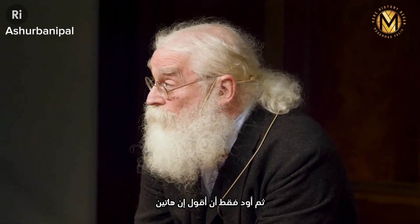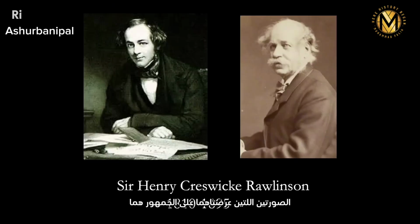I'd just like to say that these 2 photographs show Rawlinson as a fresh-faced young man with the transcription of the Behistunian inscription on the table in front of him, looking eagerly into the semi-future, knowing greatness awaited him. And the photograph on the right is 3 weeks later, when...